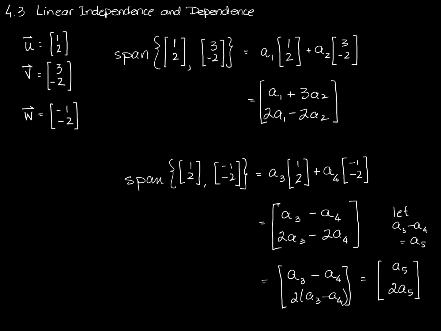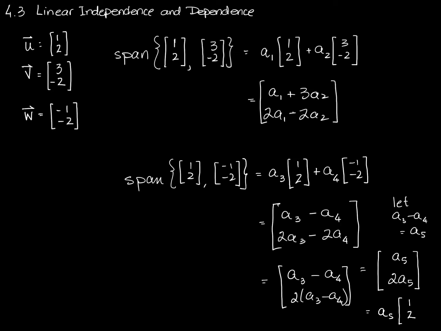I'm going to move this up just a little bit so I can get some more room here. Now, since a5 is a constant, I can pull that out, right? I'm just scalar multiplying this vector. And what I have then is that the span of two vectors that are scalar multiples